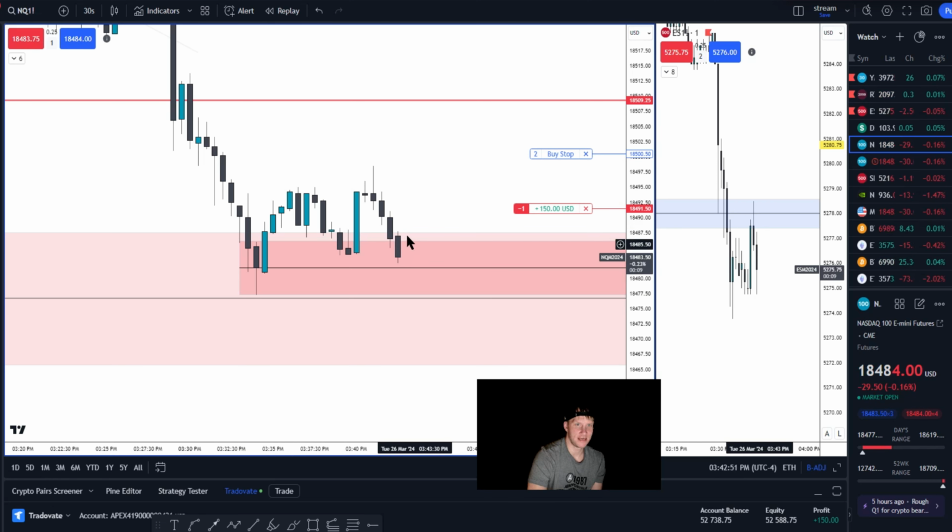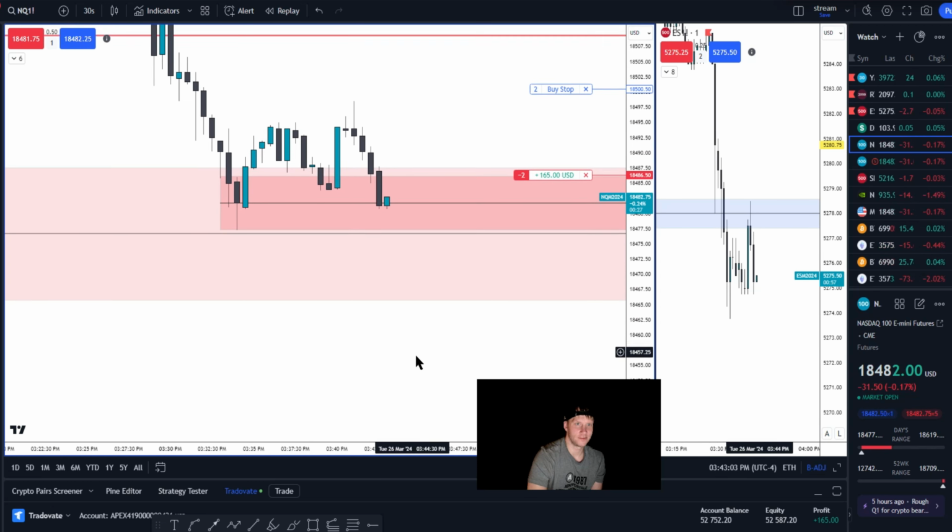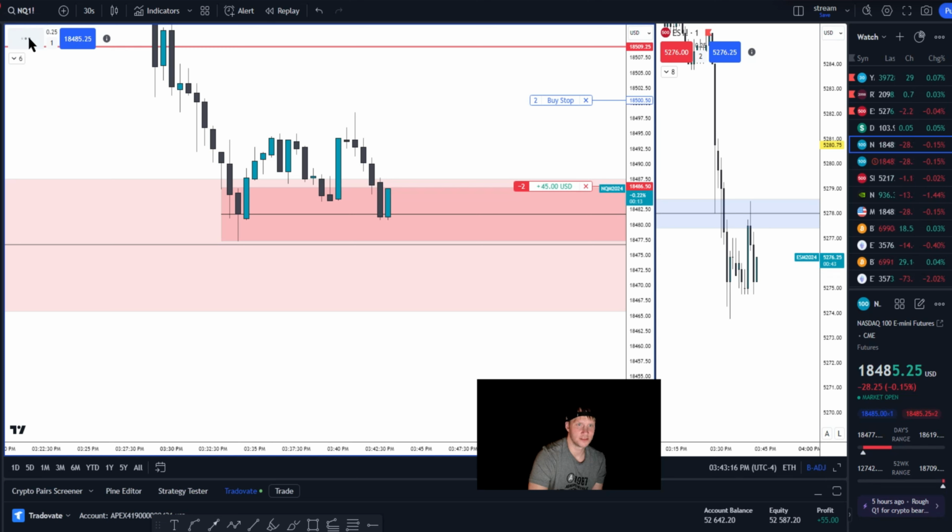So this is where you can add one on if it retraces towards the top of the previous candle, expecting it to continue. All right, I'm gonna go ahead and add one on here. So it's coming up to that previous candle's high. I'm gonna go ahead and add on another one, expecting that not to be able to take out that candle's high. See that? Rejects it.